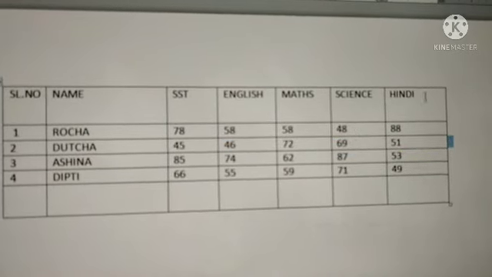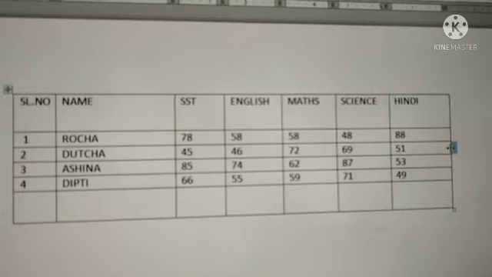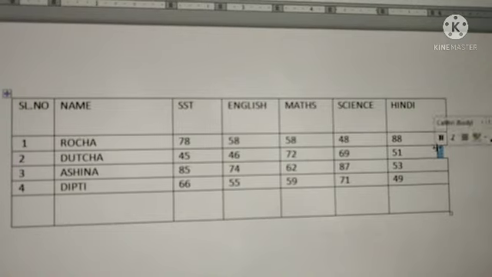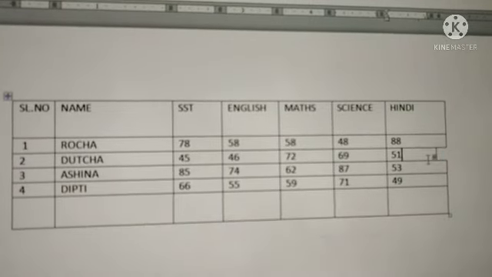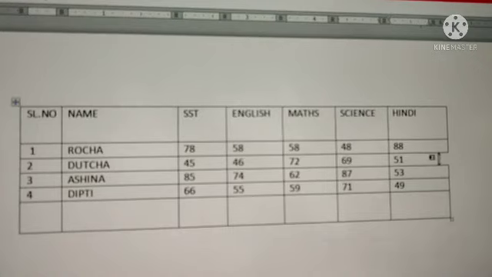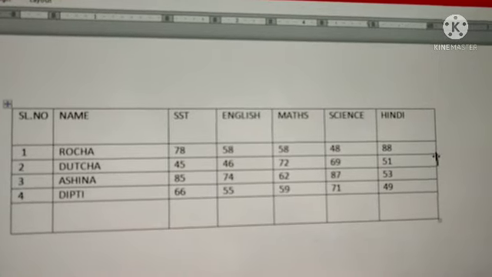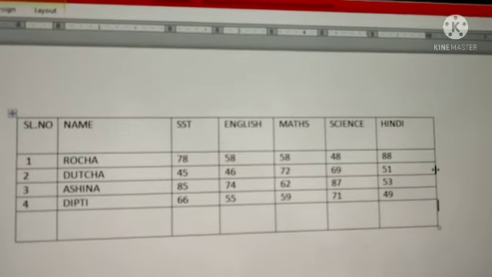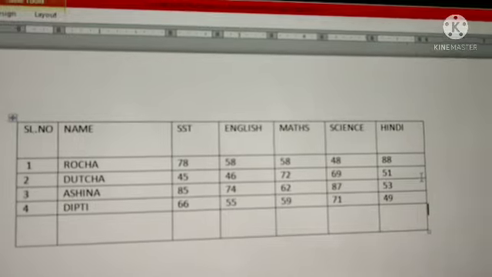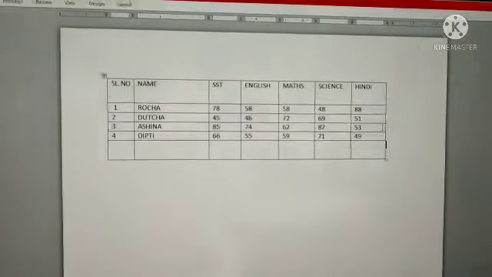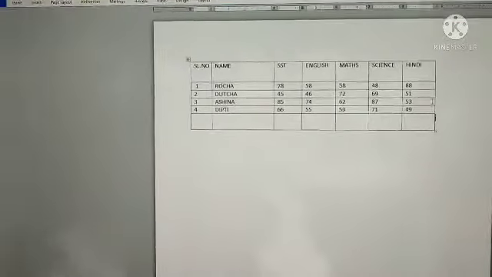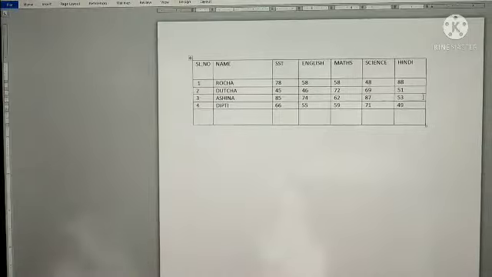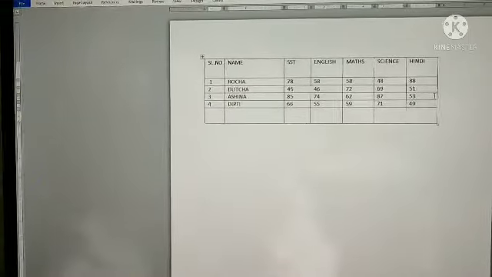Like this we can increase the column and also decrease it with the help of the mouse. So this is all about resizing the table. We can increase or decrease the size of row and column.